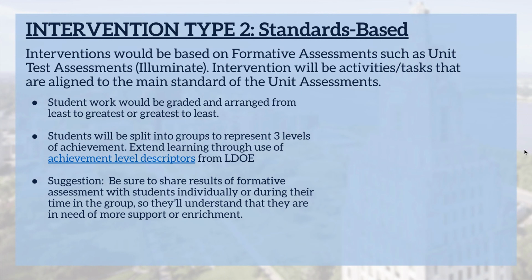So intervention type 2 is standard based. So again, you're going to grade the student work and arrange it from least to greatest, and then represent it by the three levels of achievement again. Extend their learning through the use of the achievement level descriptor. So what does mastery level look like? What does basic look like? What does advanced look like? What are they missing to get to that next achievement level? So if my student is a basic, how can I get that student to move to that mastery level